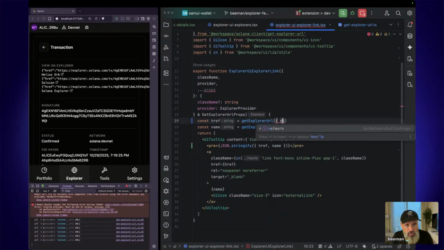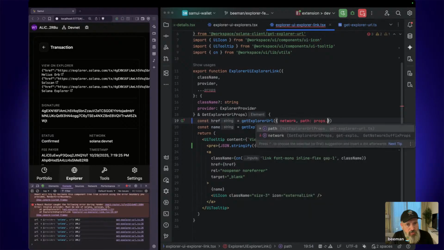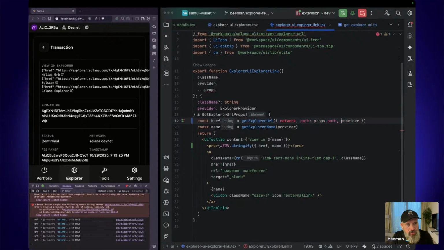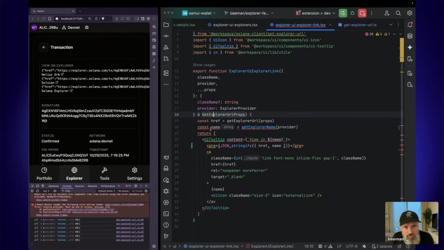So network path is props.path. Provider is provider. So Explorer provider is required here, but not there. Okay, so how about I do it like so? Let's leave this as I had it. Let's try to make TypeScript work for me and say, you know, omit the optional provider here